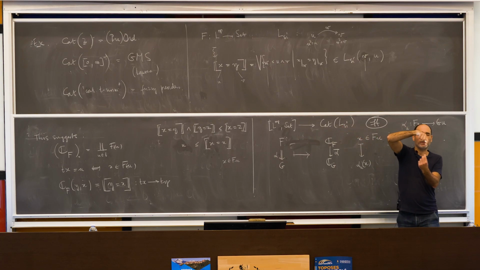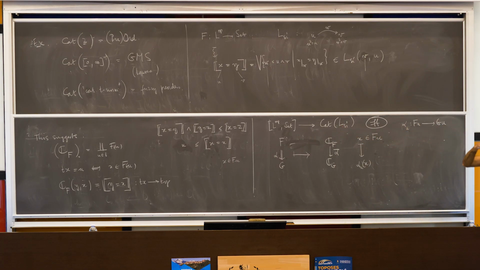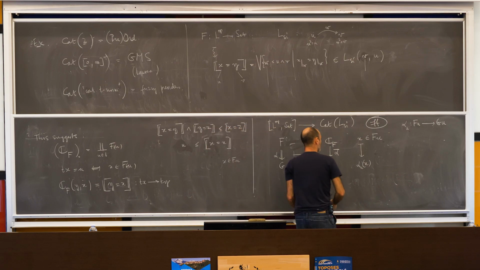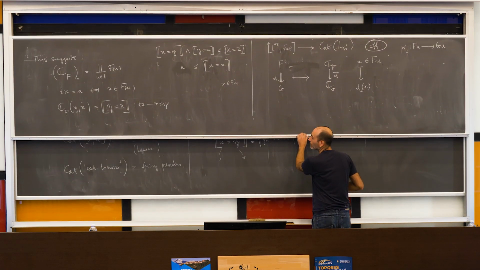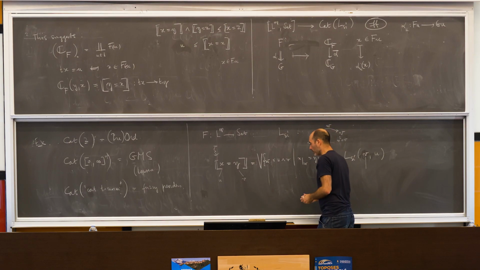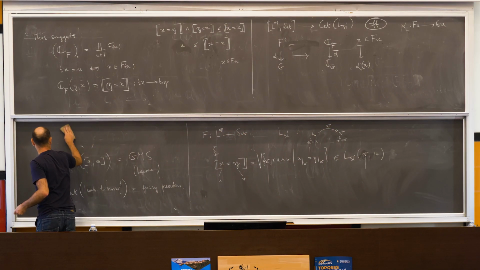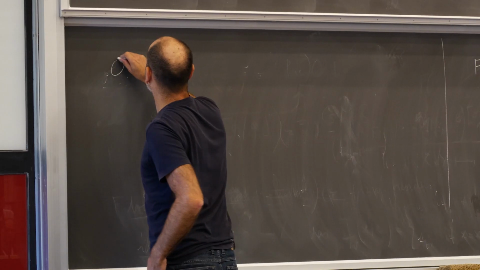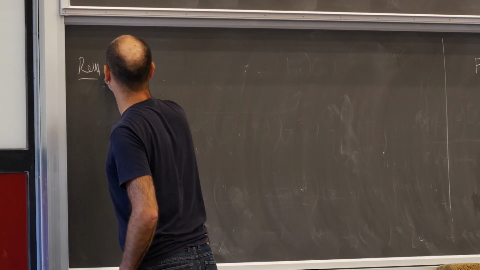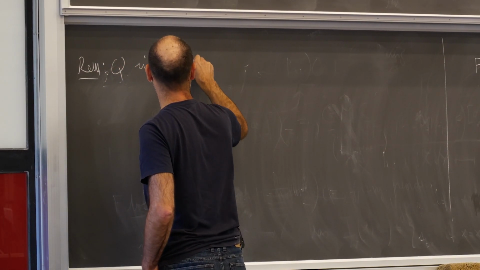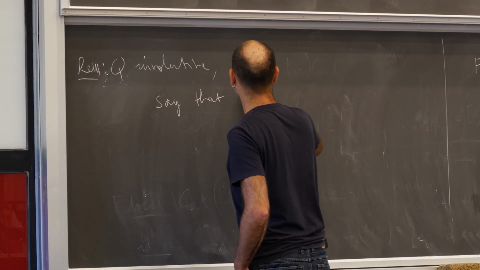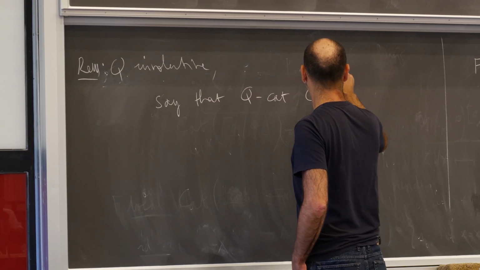Because L is commutative as a quantale, when you split idempotents, you will have an involution. Okay? So it makes sense to define a symmetric Q-category. So more generally, on an involutive quantaloid, it makes sense to define a remark: if Q is involutive, then say that a Q-category C is symmetric